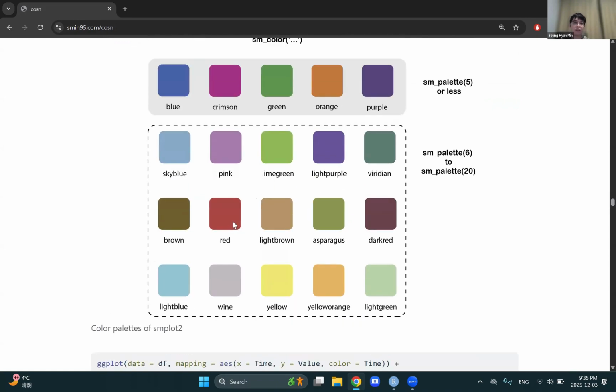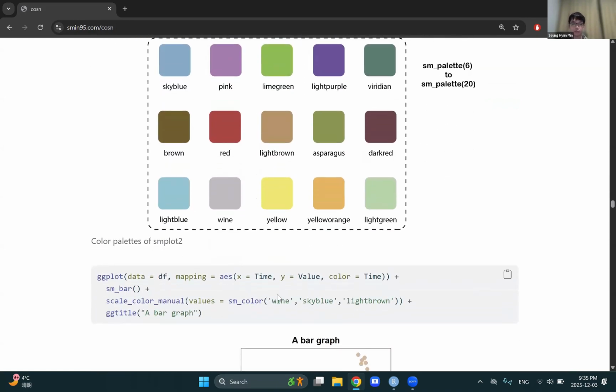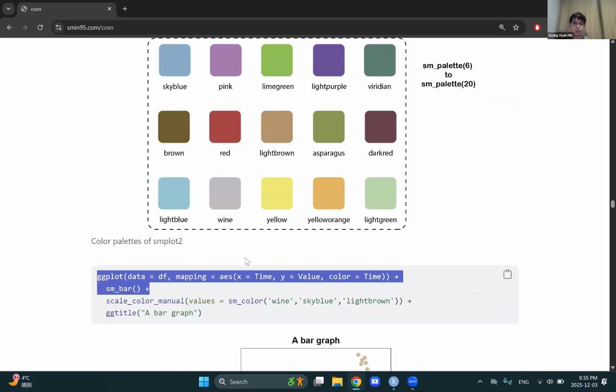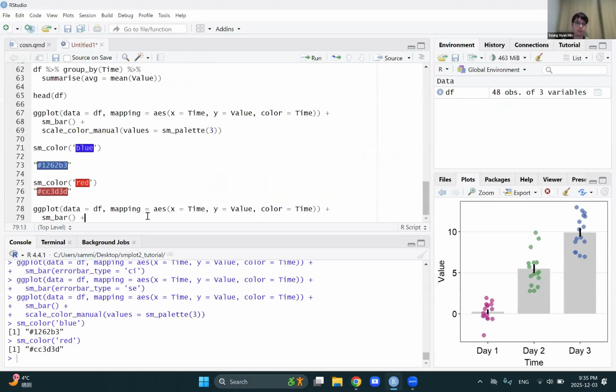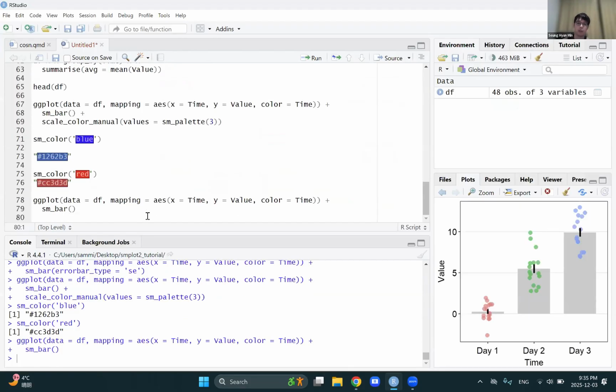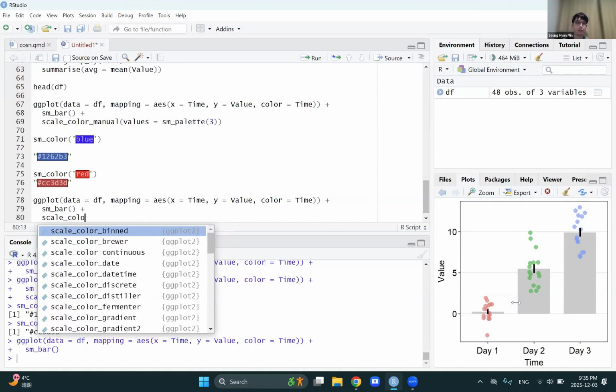So now let's try to use the function smColor on bar plot. So copy and paste the code. So this is a bar plot default using the colors from ggplot2. Now we want to customize the color